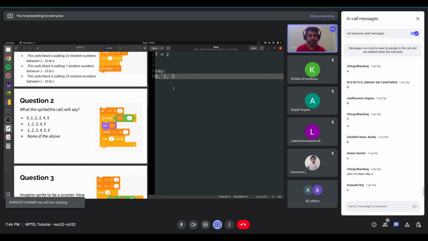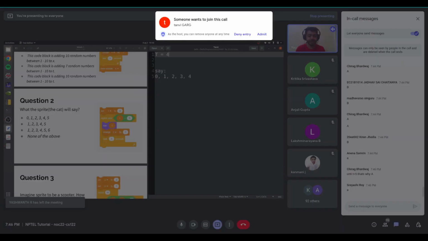Again, we wait 1 second. Sorry, so we increase t by 1. And so on. So you can see how it's going. Let's say it goes to 3. I'm just fast forwarding a bit. So 3, it will say 3 again. It will increase it to 4. And then it will say 4. And then it will increase to 5.